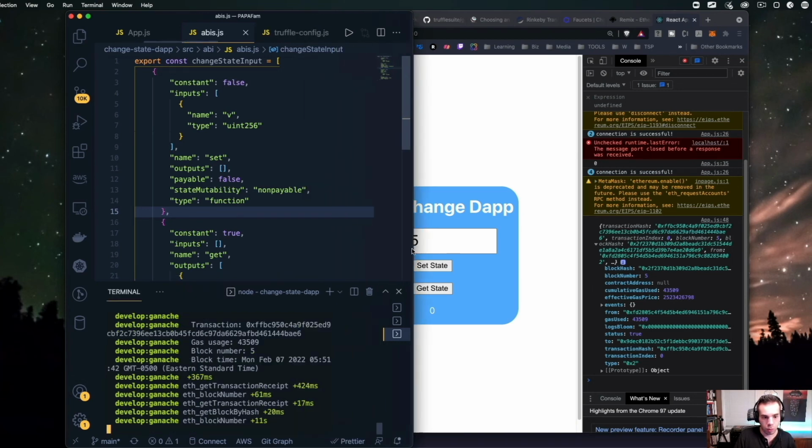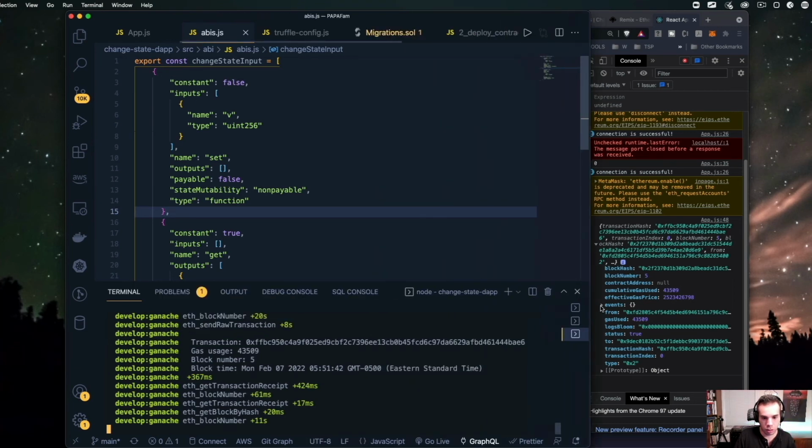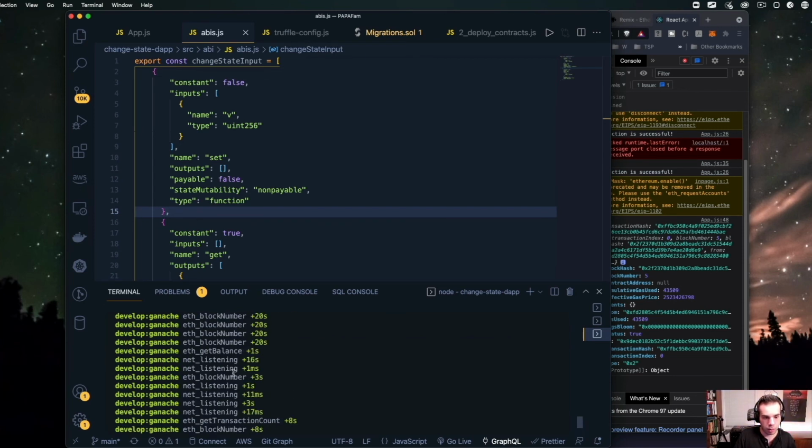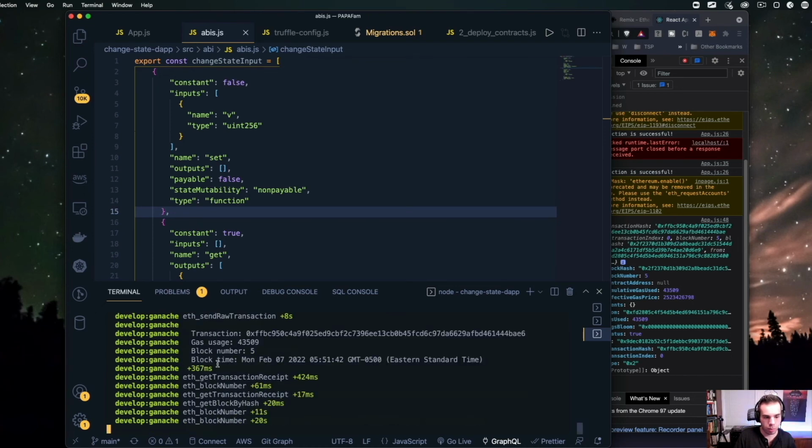So what ended up happening was we had a transaction. There was some gas that was used. Actually, I'm going to expand this a little bit more just so it's a little bit easier to see. So that's where you have the gas usage, the block number, the block time, and of course you can see that this stands out because this was just ETH listening, ETH block number, and then there's this transaction.